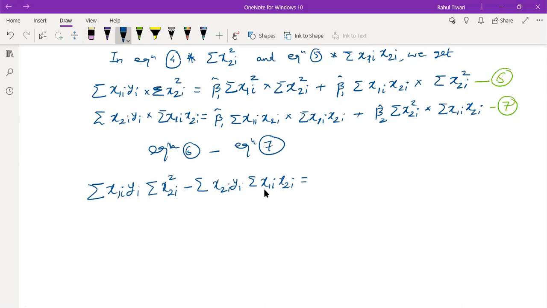This is not plus, this is minus, so it can confuse. If you see the first term,